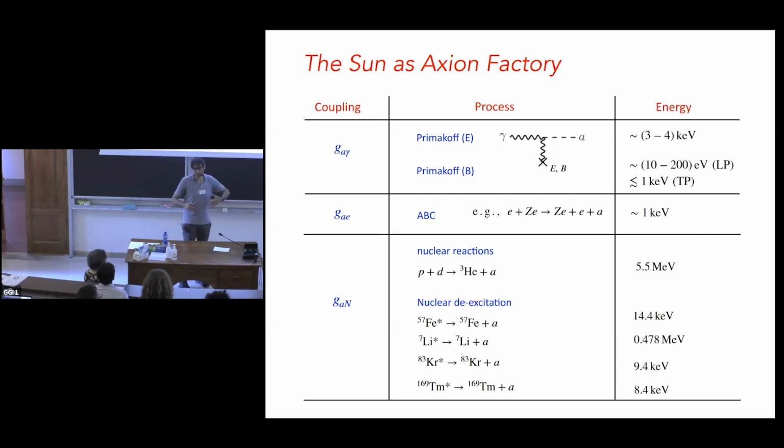When I talk about axions, I normally mean all axion-like particles. I use the two terms interchangeably; in most cases they're interchangeable for what concerns us. They could be produced through coupling with photons, with electrons, or with the nucleons. Here is a summary table, but the key point that I want to point out with this slide is that you can produce axions